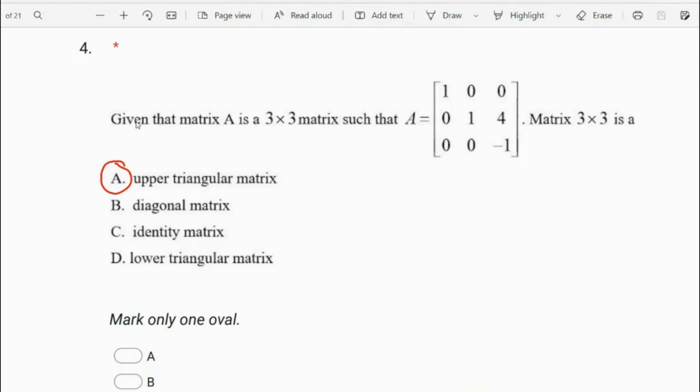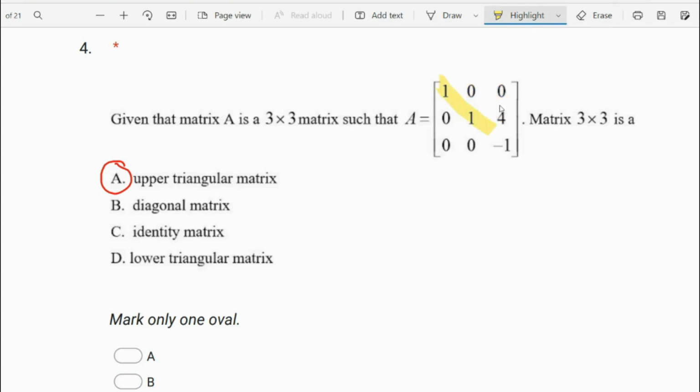For the first question, given the matrix A is a 3 by 3 matrix, the answer is upper triangular. What is upper triangular? It means that the elements are located in this position. If you have elements in this position, it is an upper triangular matrix. So diagonal